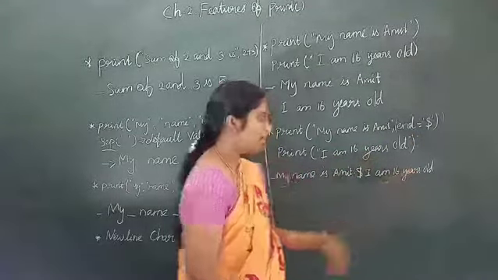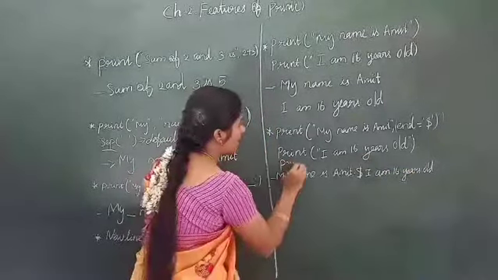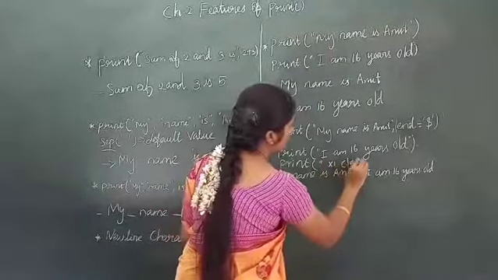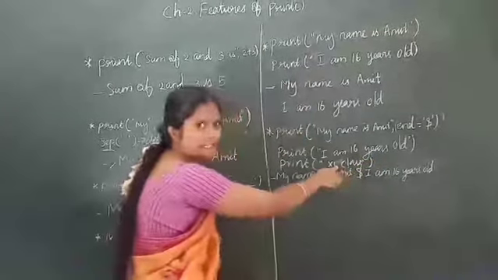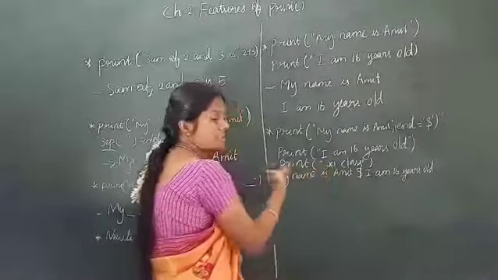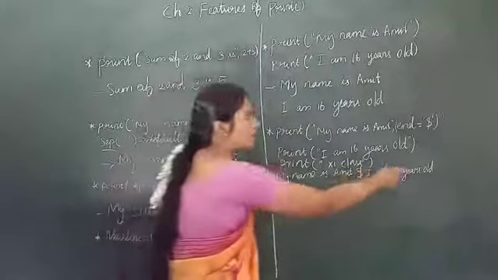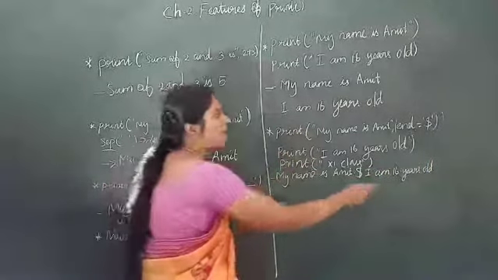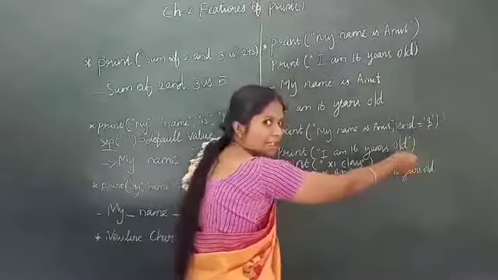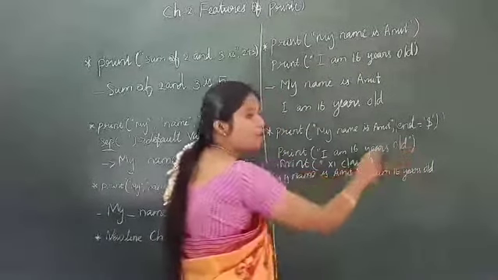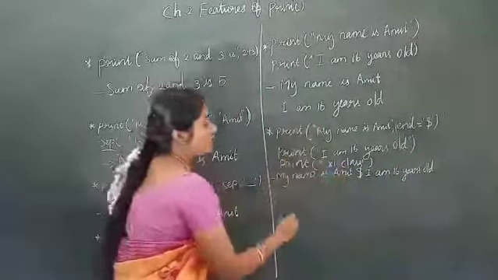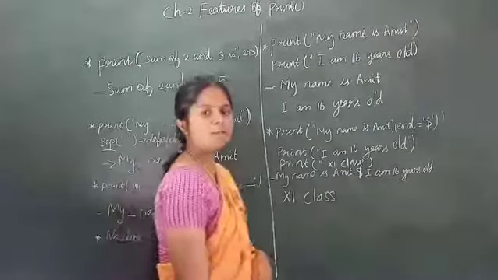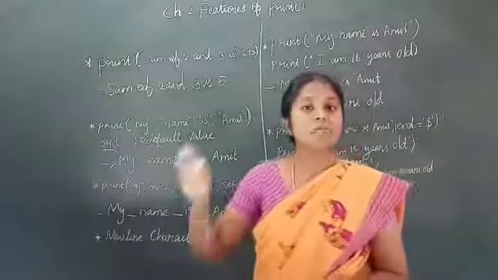So for example, here I have added one more statement. Print 11th class. Can you say whether the last print statement will print on the same line or on the next line? Yes, correct. It will print on the next line, because we have not added the end character here. Automatically, it has a new line character, so the control will move to the next line and print 11th class. Are you clear about this? So these are all the features of the print function in Python.